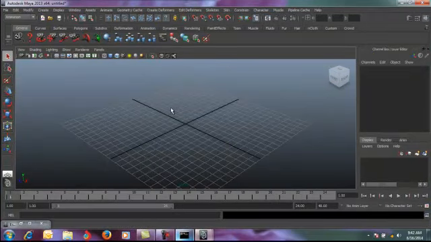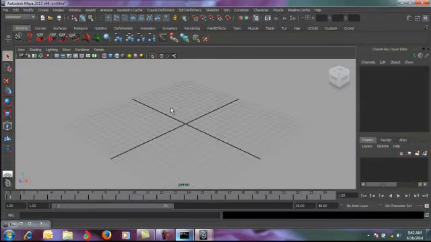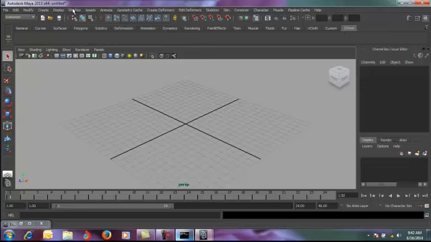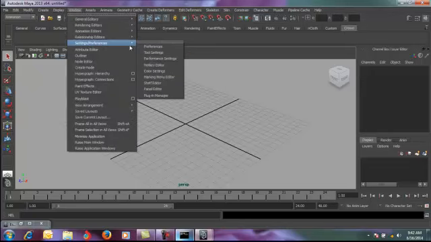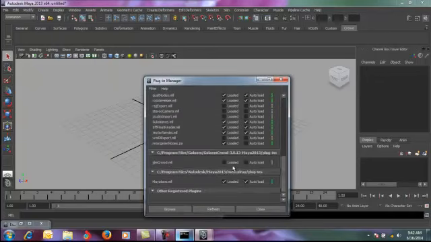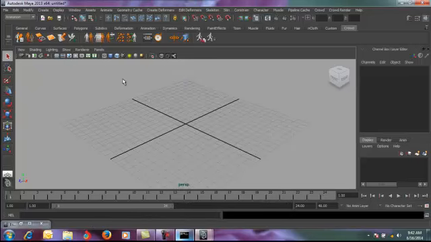Alright, so Maya is open. You can see there is a tab called Crowd over here, which is for the time being empty because obviously the plugin has not got loaded here. You go to Settings, Preferences, Plugin Manager. If you scroll down, you will find glmcrowd.mll. You click on Loaded here, and the tab gets populated. We can see the different options that are present here. Alright, we'll come to each of these one by one.